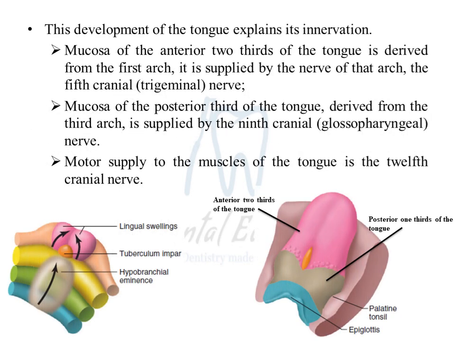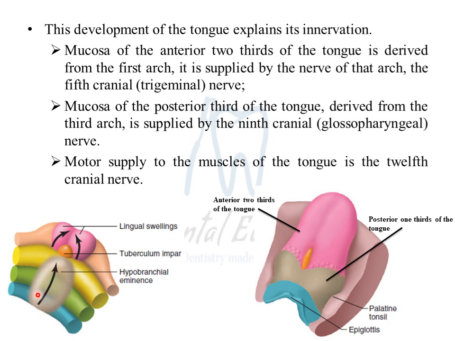Now finally, coming on to the nerve supply of the tongue, the mucosa of the anterior two-thirds of the tongue is basically derived from the first pharyngeal arch. So any structure which is derived from the first pharyngeal arch is supplied by the fifth cranial nerve, known as the trigeminal nerve. Whereas, as we discussed earlier, the posterior one-third of the tongue is basically made by the third